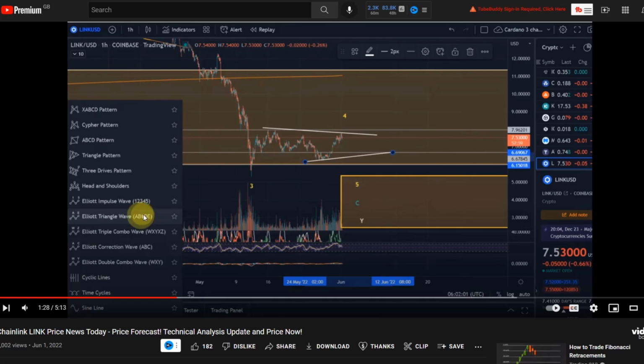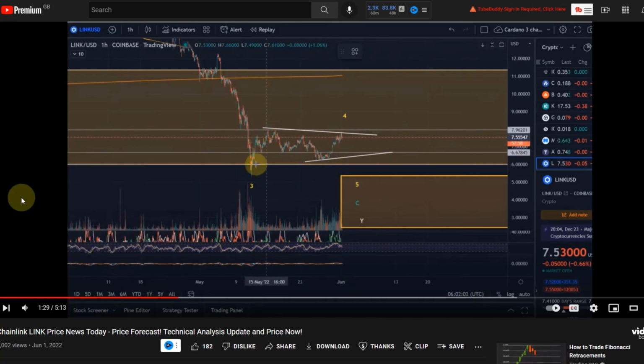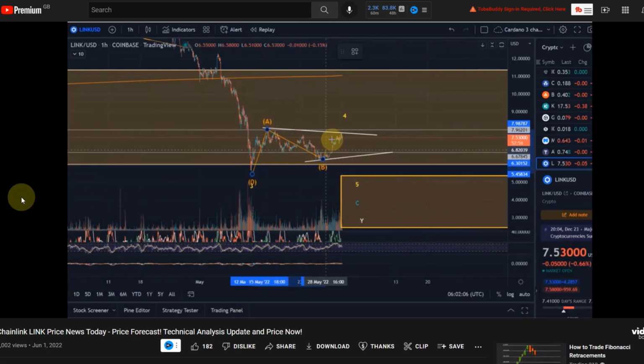I'm going to quickly take you through what we said in the last video on the 1st of June, and then we take a look at the updated chart for Chainlink. We could see here something unfolding like a wave A, then a wave B to the downside, a wave C to the upside. That wave C needs to be finished very, very soon, either already now or at the latest here at $7.70. We will then see a wave D down, which is not allowed in this scenario to drop